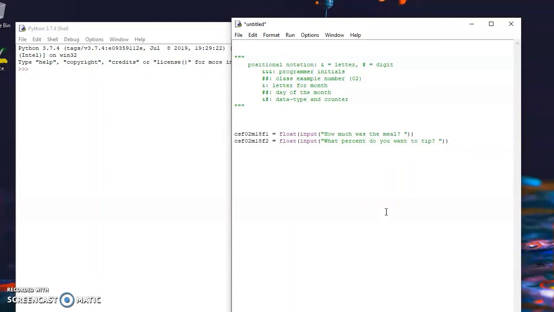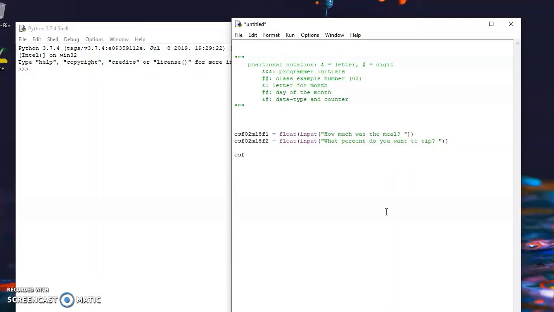Now, as we saw in the plan, we're going to just assume the user gives us a whole number for a percent. Say, they'll type in 15 rather than 0.15. But if we want to do math with 15%, we need to turn that back into a decimal. So, see,